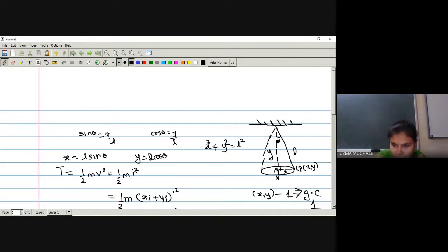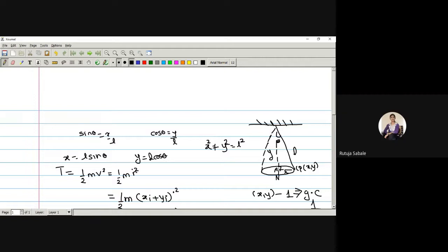That means how much it is going to move from this point to this point. So this distance in the vertical direction we are going to count. This is AN, the height of a simple pendulum. So how are you going to find AN? That is nothing but the length L minus the y coordinate. So we subtract this y coordinate from the length of the simple pendulum. Is the idea clear?